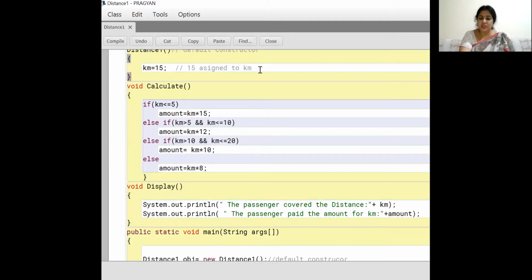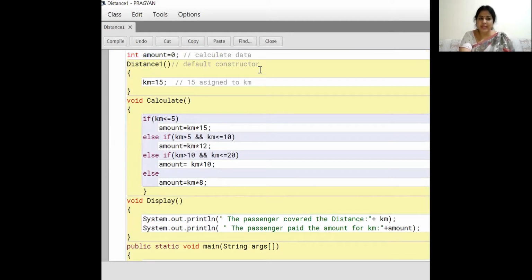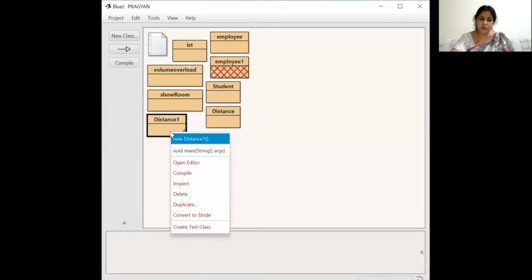So it is the constructor, started with the curly braces and ended with the curly braces. Okay, now I have to compile. Let's see if there is any mistake. No syntax error is there. So I have to close it and see the output. Just look here, what will the output be?